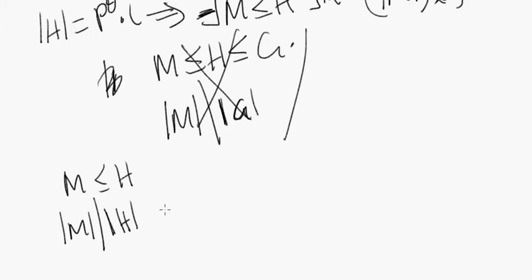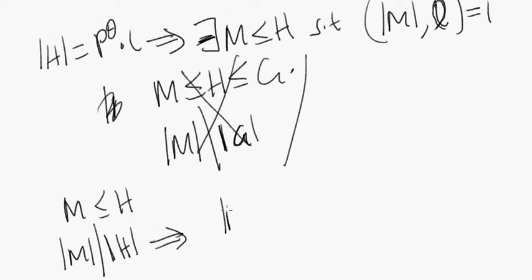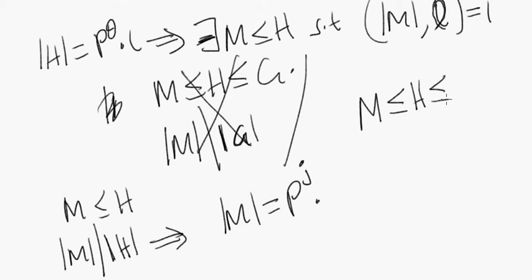Aren't we saying that the order of m has to equal p to the j? It can't have any factor of l. But if the order of m equals p to the j, and m is a subgroup of h, which is a subgroup of g,